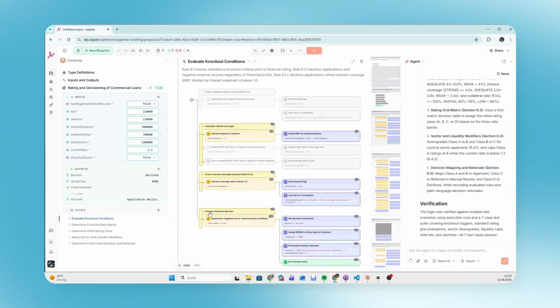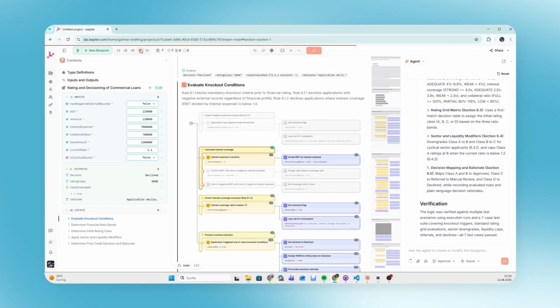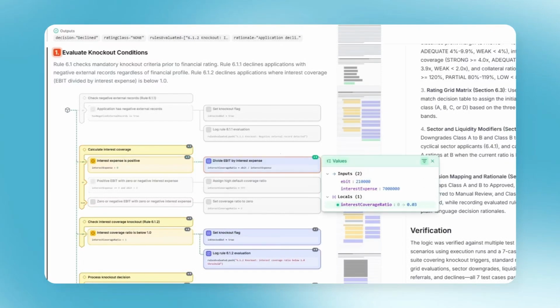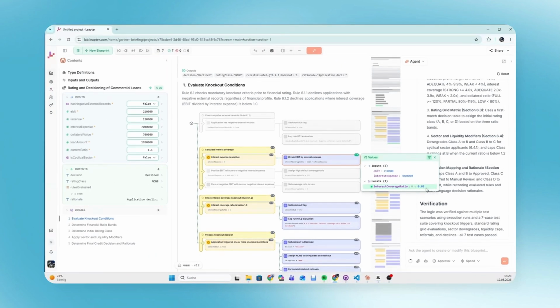Right on the diagram itself, every condition is evaluated, every branch is taken, and every intermediate value is shown. This isn't a log to decode. It is the decision replayed directly on the logic, a graphical debugging, so to say. You can step forwards and backwards. This gives you the insights to prove whether the AI has understood and implemented your initial intent correctly.